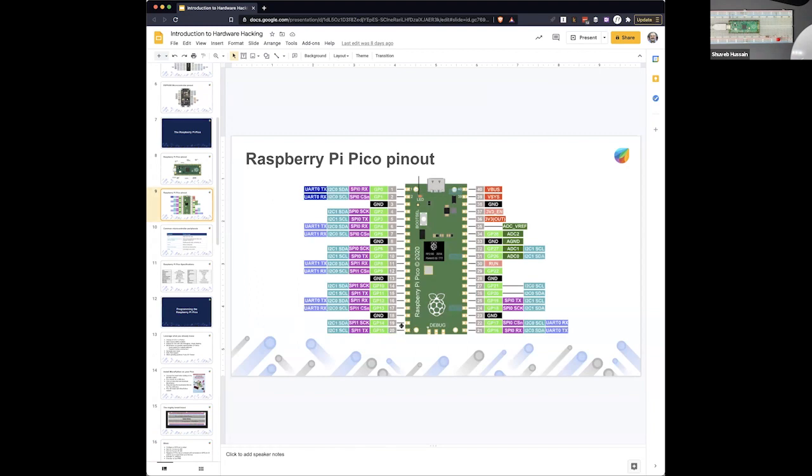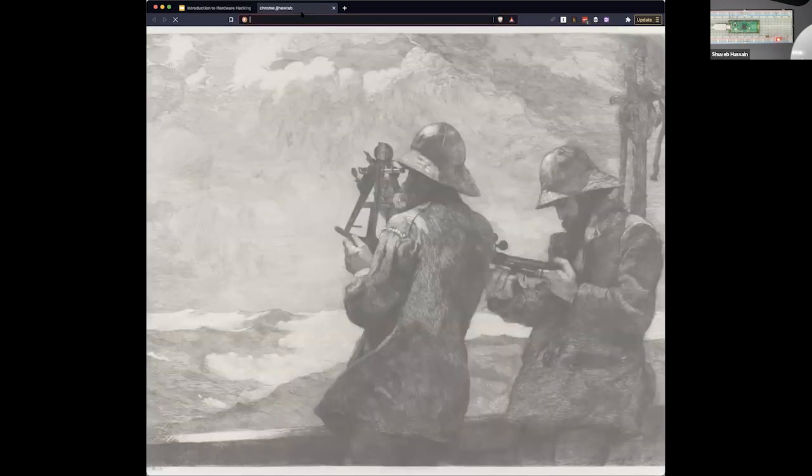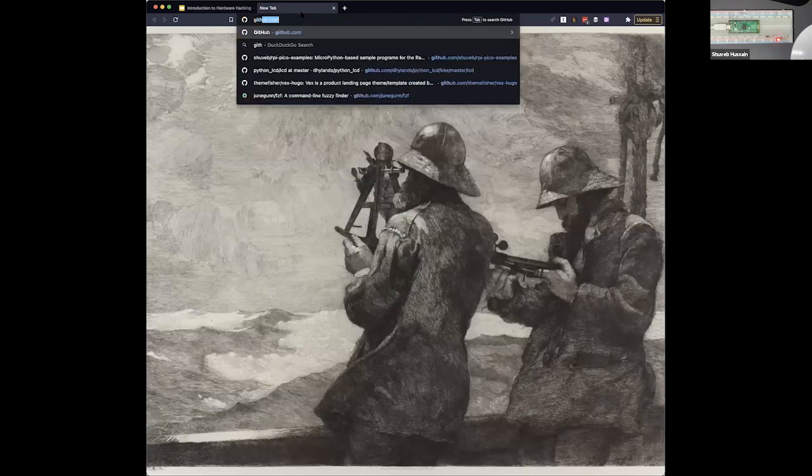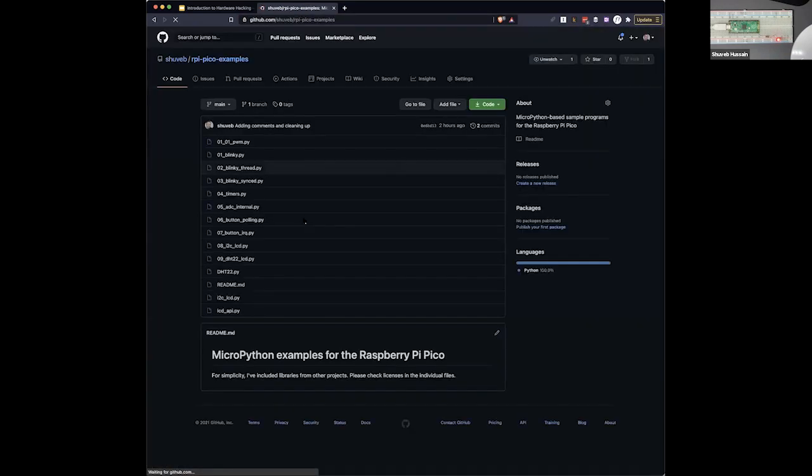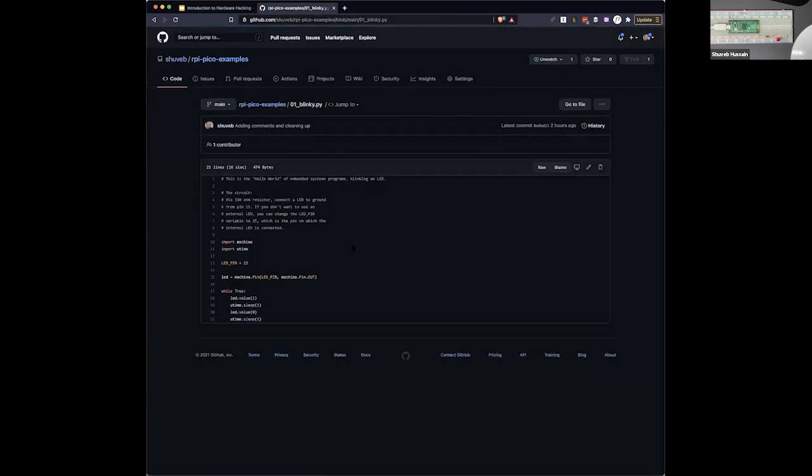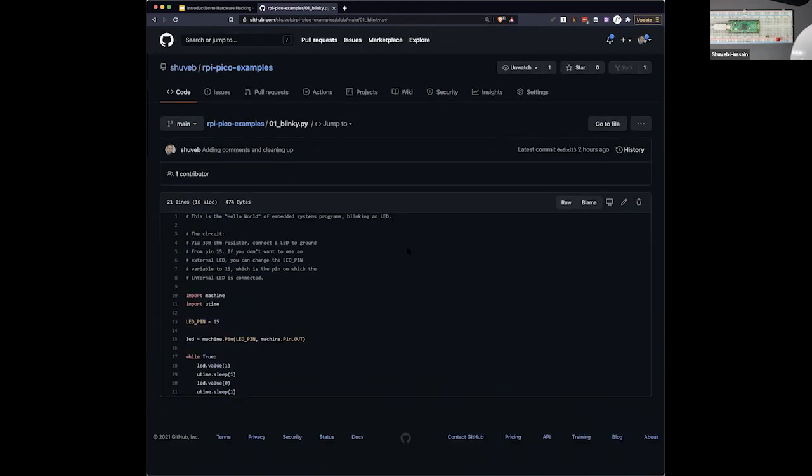Whenever we configure GPIO 15, let me also open GitHub. I can also show you the code from here. It's just a lot easier to see. So this is the code. Let me make it a little bigger, right? Essentially we are configuring pin number 15 as an output, so that we can control the output. We don't want to read the input. Output, because we want to glow an LED, right?